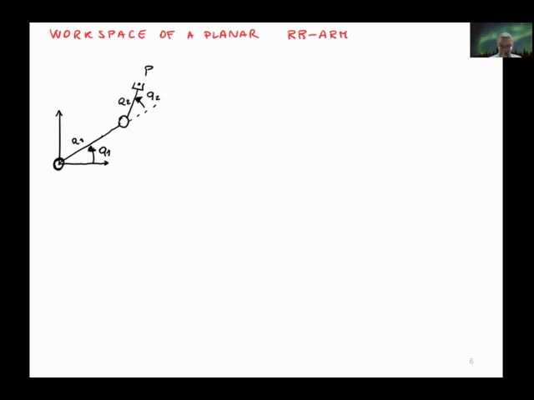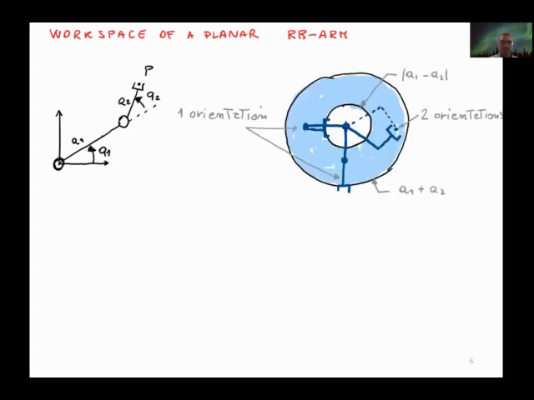But let's go back to our old friend, the planar 2 degrees of freedom arm. And let's assume we don't have any limit in the joints. To compute the reachable workspace, I consider, for example, the circle that you generate whenever the arm is completely stretched. And you see that in this case, you can only have one orientation possible,